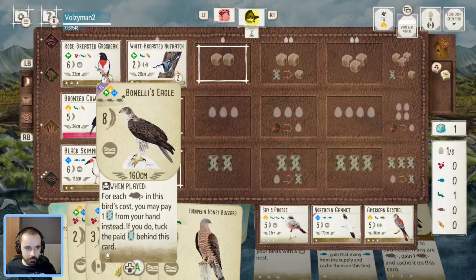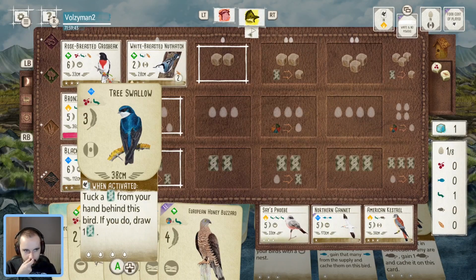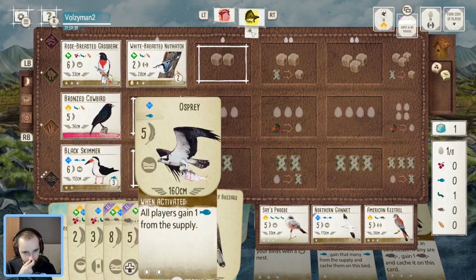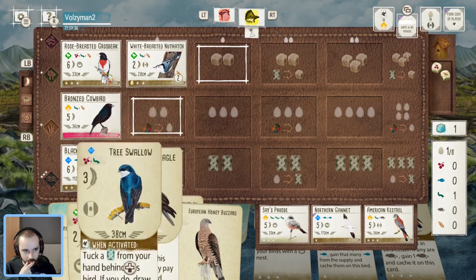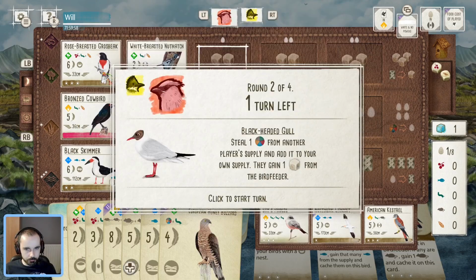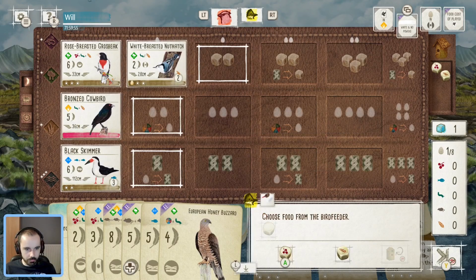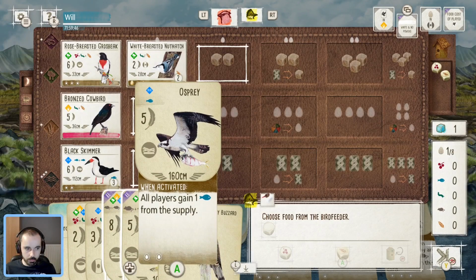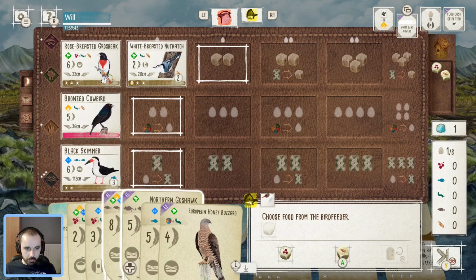But yeah, I think this might be time for Benelli. I think we're going to play Benelli. What do we get rid of? Honey Buzzard, I think, will probably go. Osprey, I think, will probably go. It's one of these 2. Is it too late for Tree Swallow? Okay, they're still going to keep stealing my food. If there was a fish there, I'd be tempted to go for that, and maybe look at playing the Osprey. But it's not happening, so...